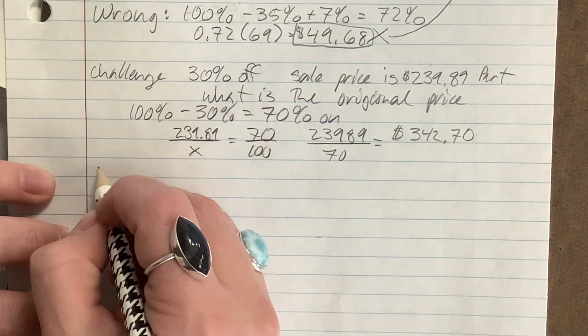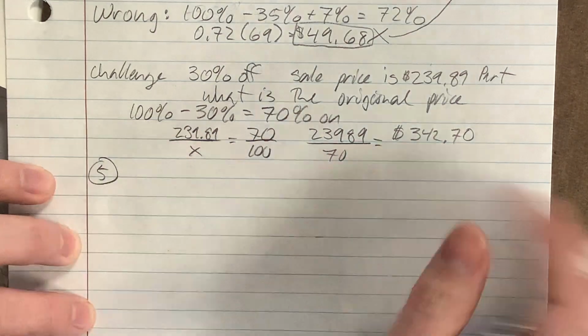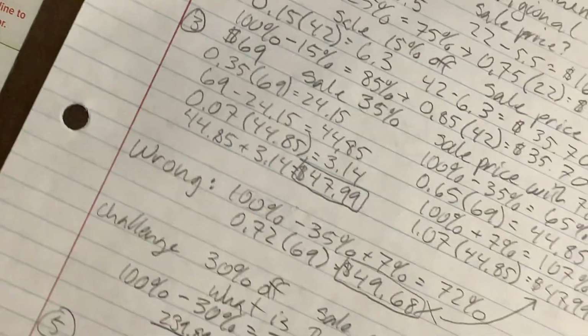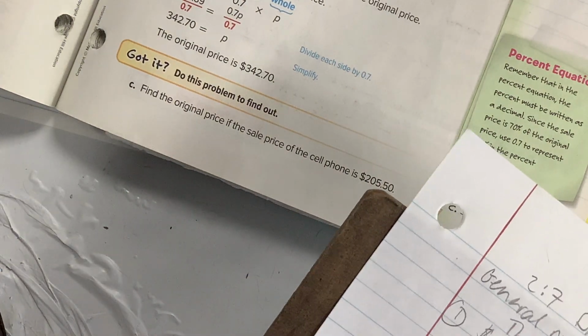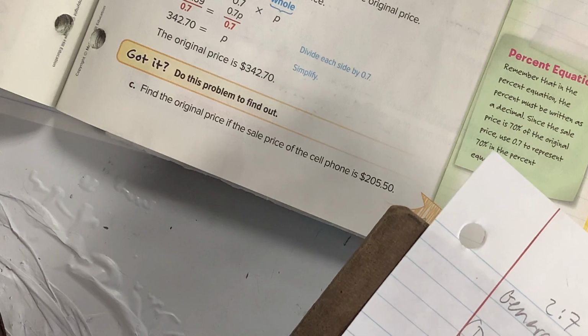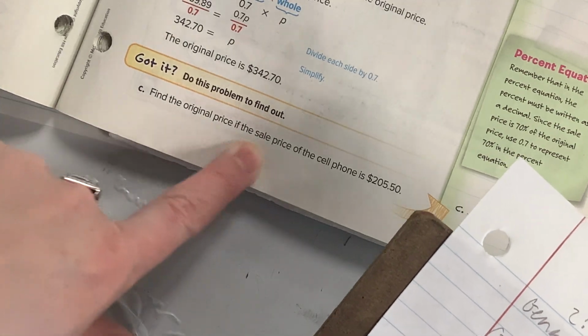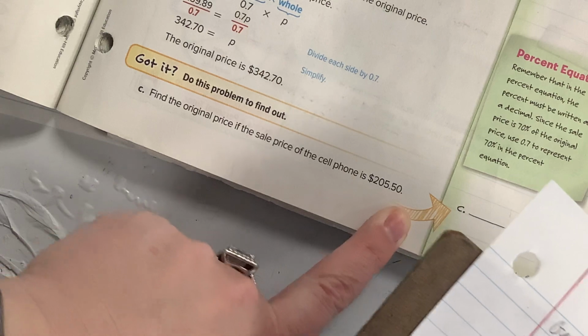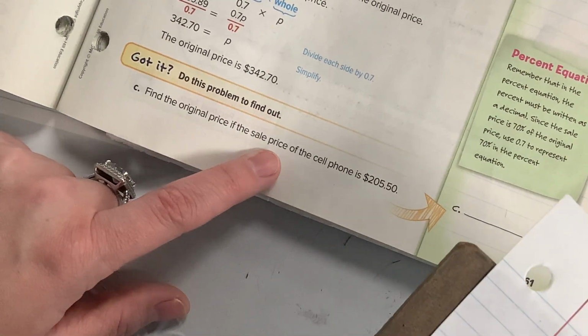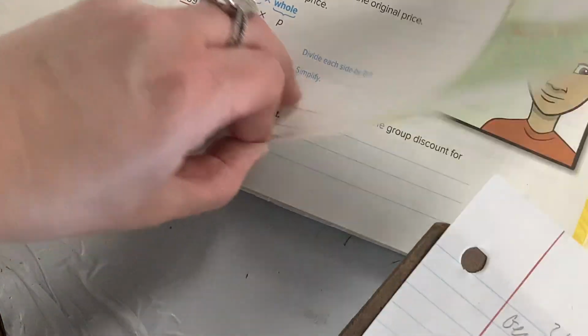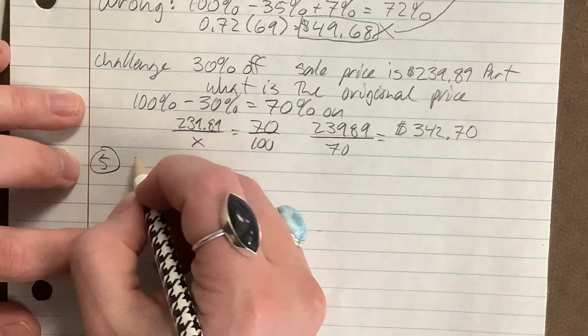So that was number 4. This will be number 5. Find the original price if the sales price of a cell phone is this monies, but it doesn't give us a percent off. So we're going to assume 25% off, because that's what I did last year. Okay, so we have 25% off,